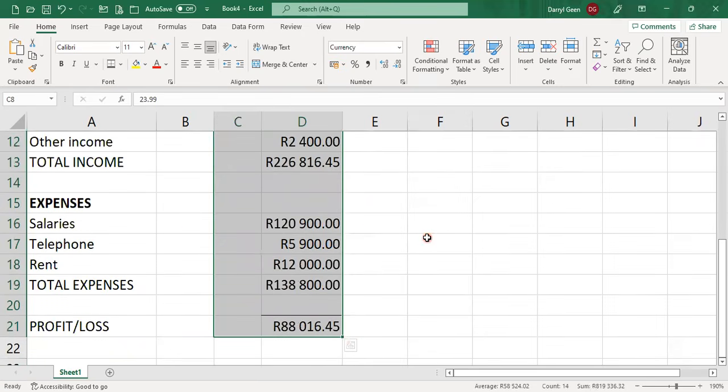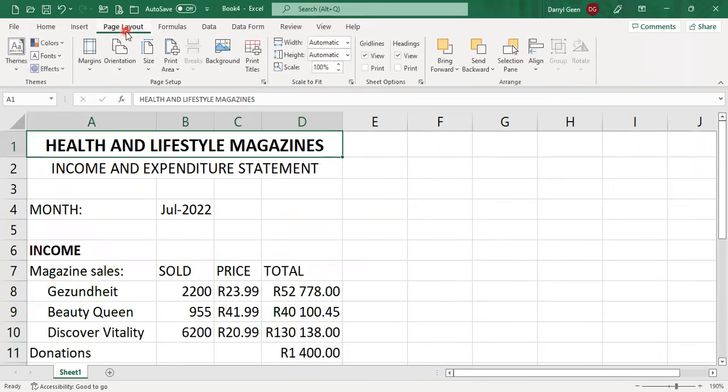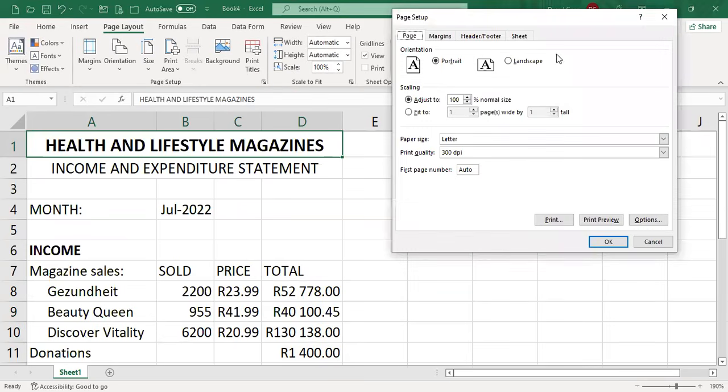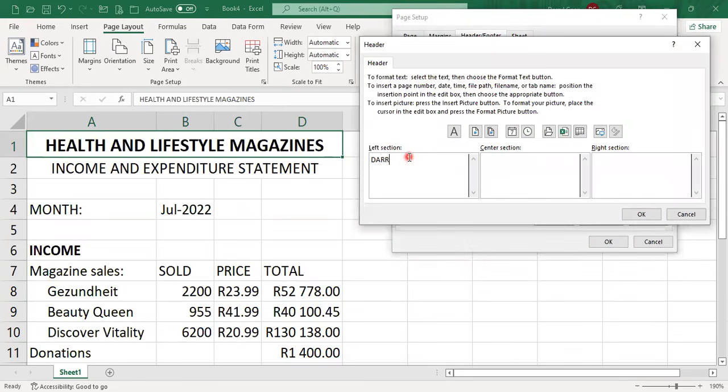And then what we then need to do, we need to insert our name and surname as the header. Okay, so all I need to do is go page layout, page setup again, and I go into my header footer, and I'm going to put in a custom header. And on the left side, I'm going to put my name, surname, and on the right side, put my activity number, which is activity 1.51. I click OK